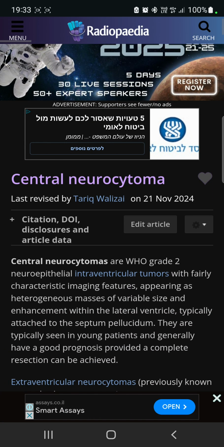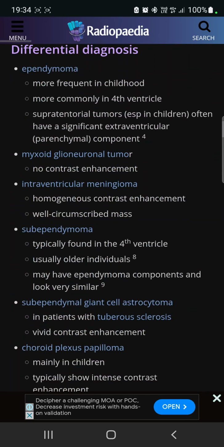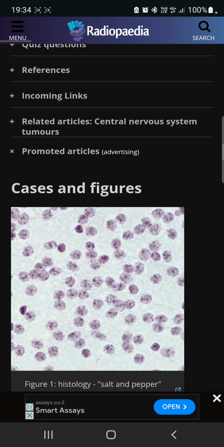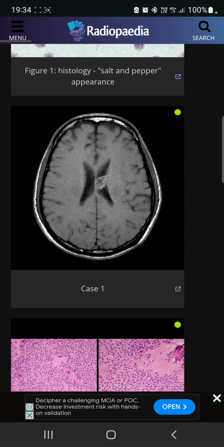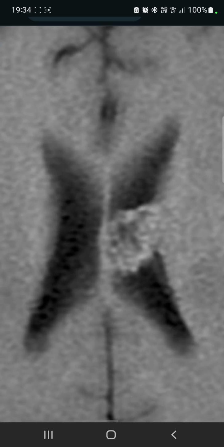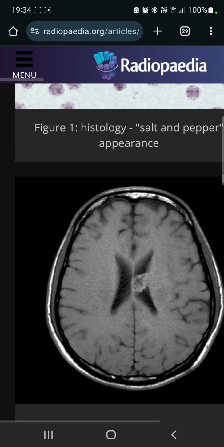Okay, so they then also talk about central neurocytoma. Central neurocytoma, let's look at the images. We are talking about a central nervous system lesion or mass that is considered WHO grade 2. As you can see, it's usually in the ventricles, and if you look closely, you will see that it is attached to the septum pellucidum, and it is a little bit